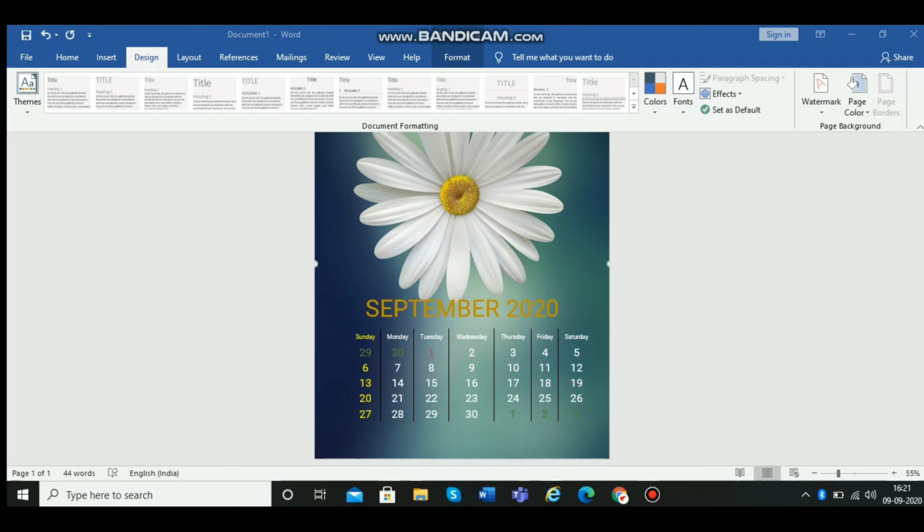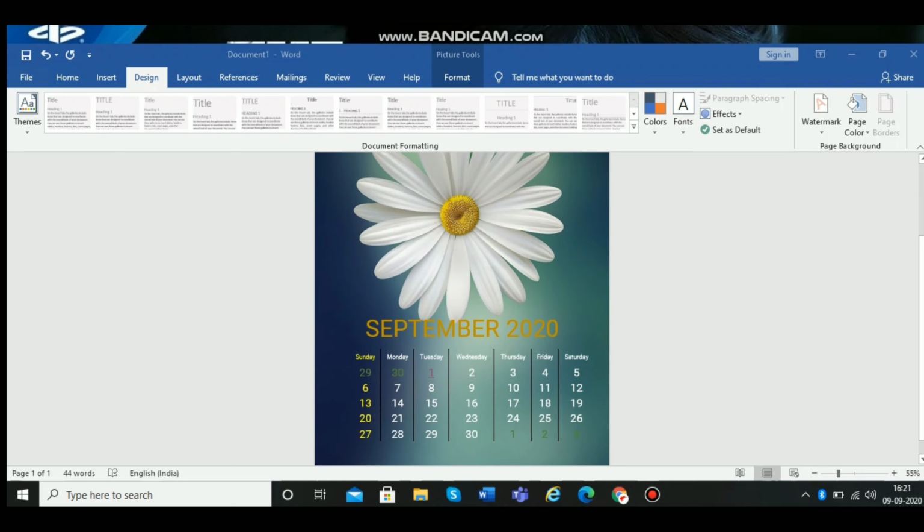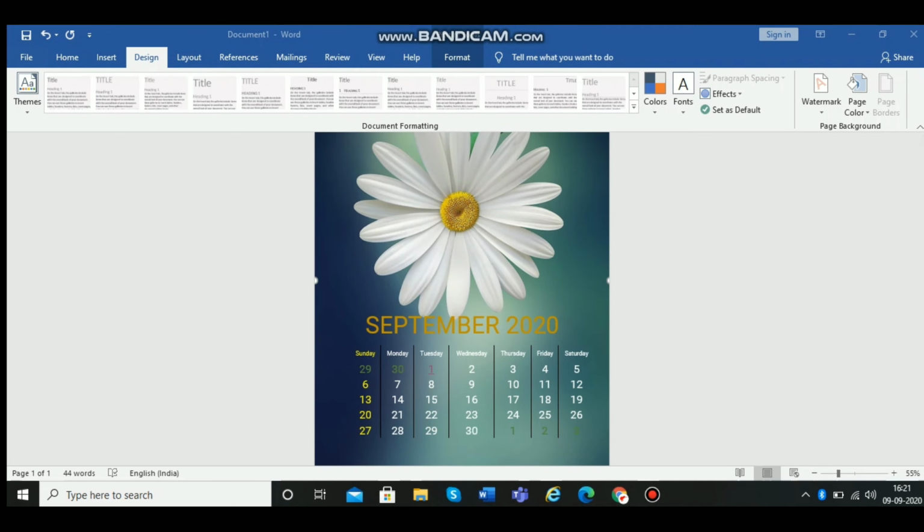So guys, here is your calendar ready for the month of September. You can click on any day of the month and see your appointment schedule for that day. On the schedule, you can insert a picture too for reminding you of any birthday, anniversary, etc. Interesting part is that you can link your appointment schedule, made not only in Notepad but in MS Word, Excel or any other platform.